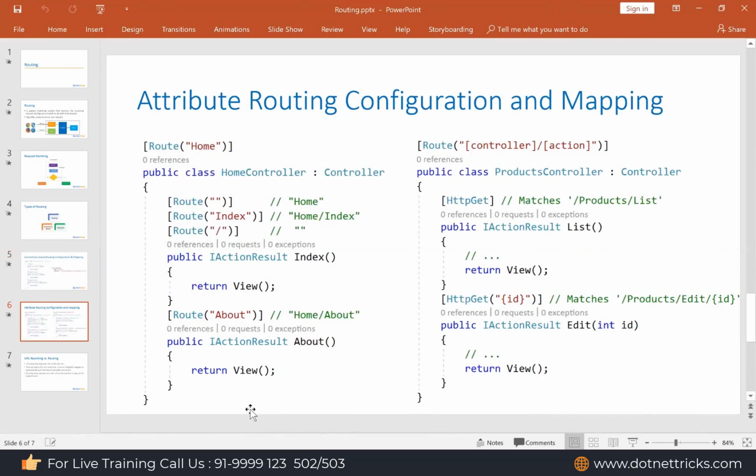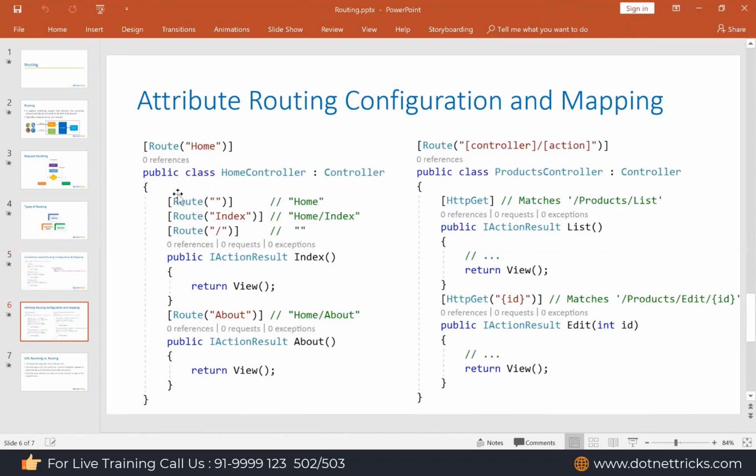In ASP.NET Core, we can define multiple routes for a single action. Here I can define a route using an empty string. I can define it by passing only the action name, because you will see there is a route at the top level as well. If you compare this syntax with MVC5, in MVC5 we have the route prefix at the controller level, but in ASP.NET Core we don't have the route prefix at the controller level.